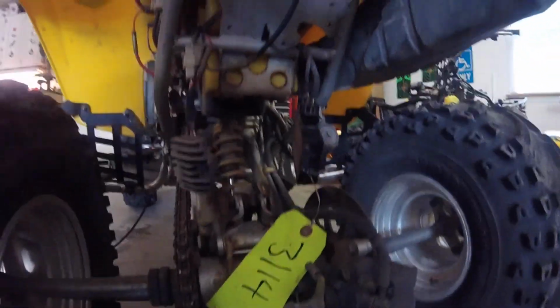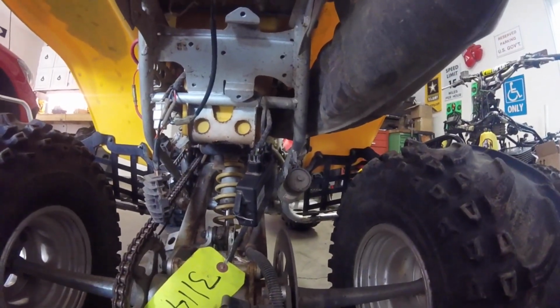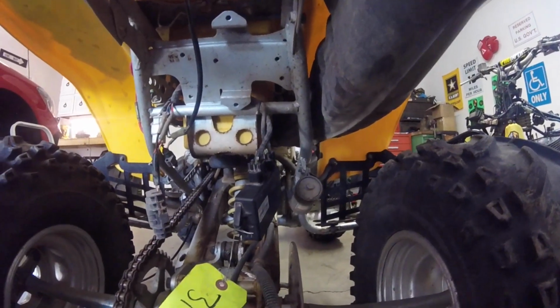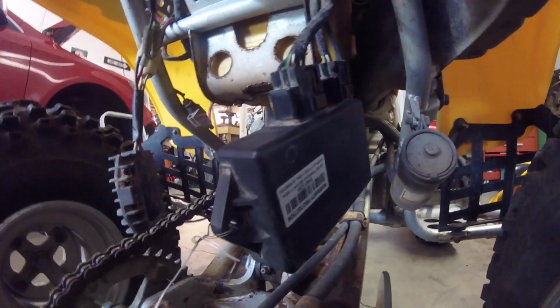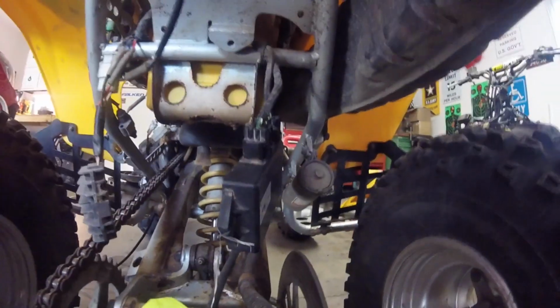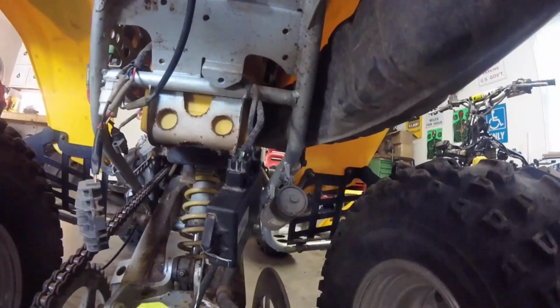Alright, so we got the new CDI box in, and you can see there. So this CDI box I bought secondhand. I went to the Yamaha website, and they want over $300 for one of these things brand new. Of course, I wasn't going to pay $300 for a new one. And on eBay, you can get the Chinese knockoffs or whatever for about 30 bucks. I don't really trust Chinese stuff, so I elected to get this one here, which I got from a salvage,